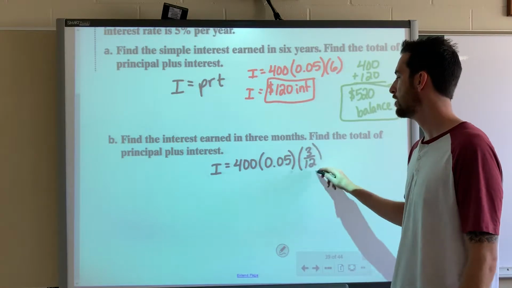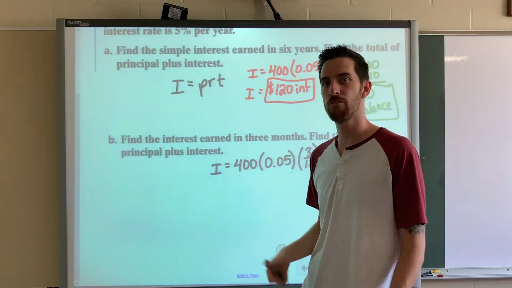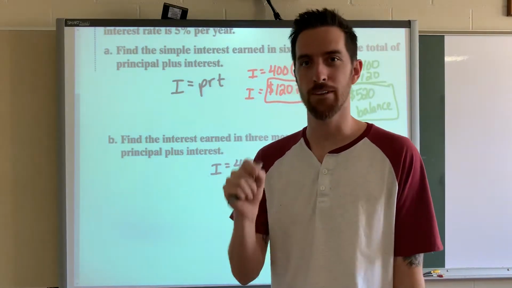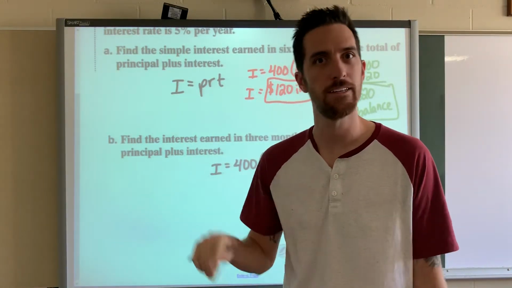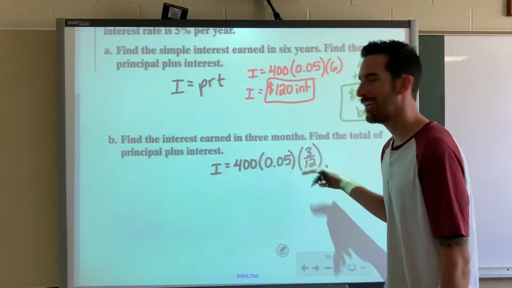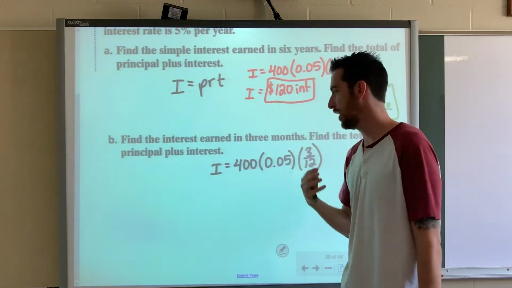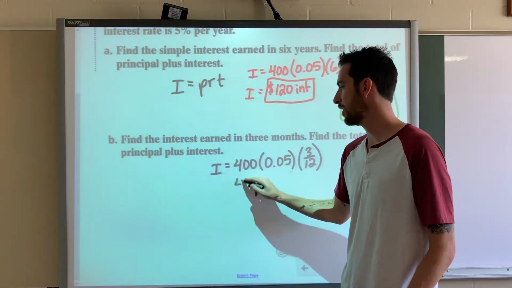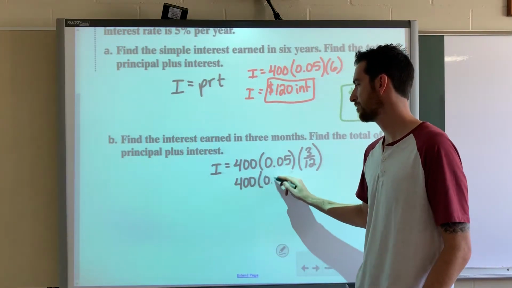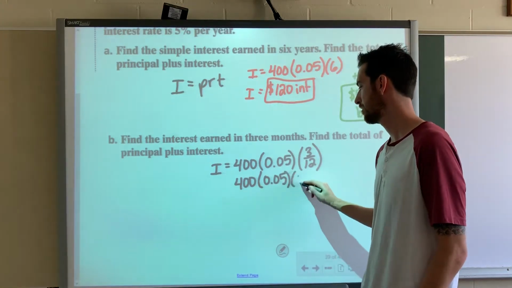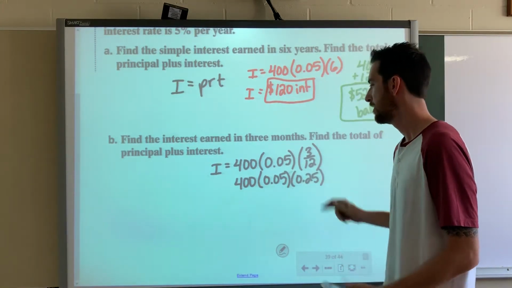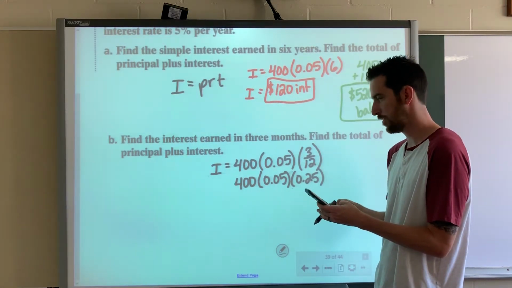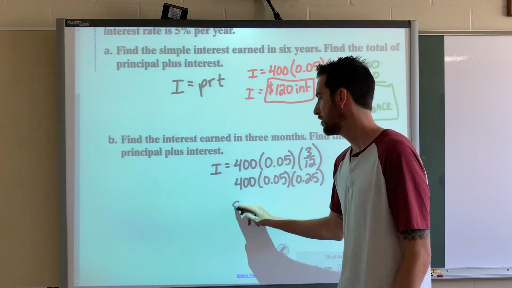3/12, which sure, you could simplify that to 1/4. I would just turn it into a decimal. In my calculator, if it was like 7/12, I would just do 7 divided by 12 and then use it as a decimal. So that is 1/4 or 0.25. So just multiply them. I'll actually write that out for you. $400 times 0.05 times 0.25, $5